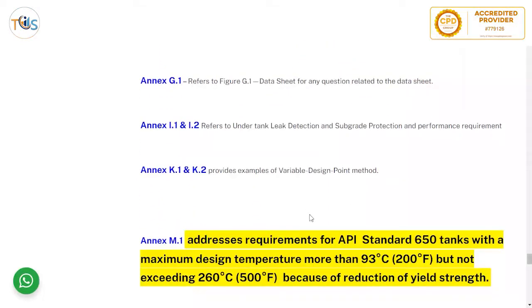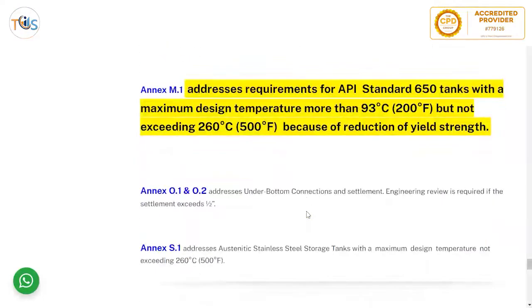Annex G1, data sheet for any question related to the data sheet. Annex I1 and I2 refer to under tank leak detection and subgrade protection and performance requirement. Annex K1 and K2 provides example of variable design point method, and Annex M1 addresses requirement for API Standard 650 tanks with maximum design temperature more than 93 degrees centigrade, 200 degree Fahrenheit,